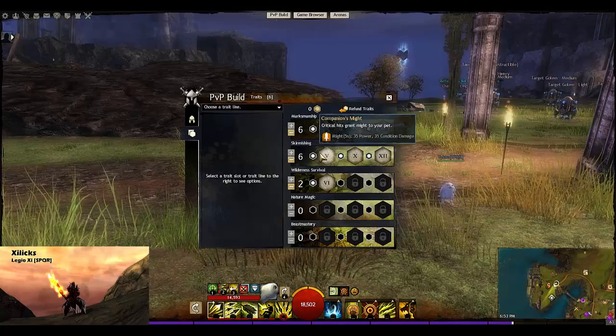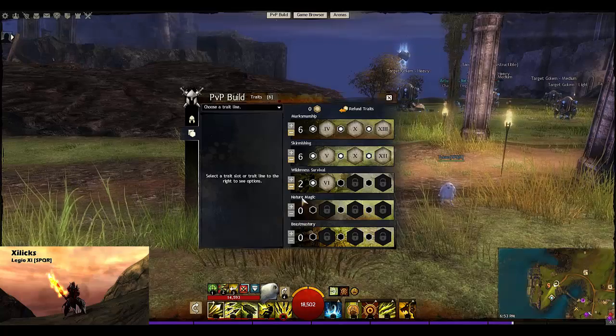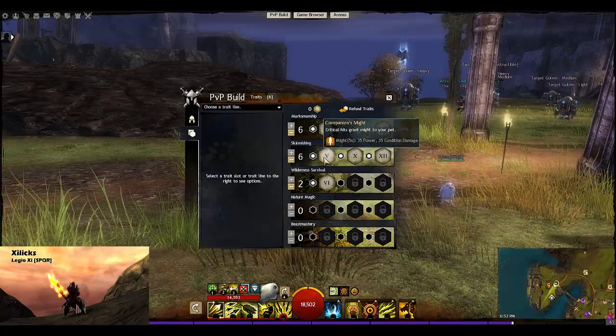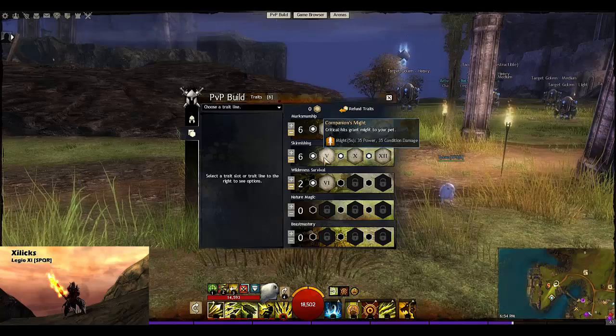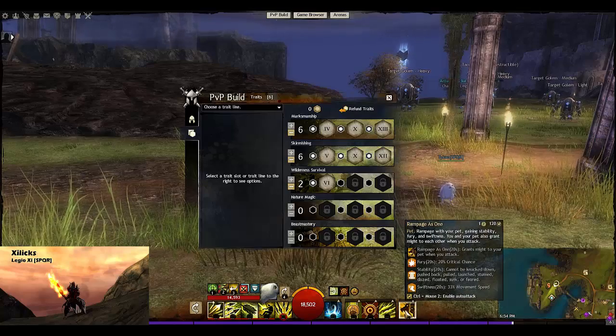Critical hits grant might to your pet. We're going to be critting a lot. This has no cooldown on it, so every time we crit, we're giving might to our pet. This will make our pet do a lot of damage just because we're also gaining might to our pet from